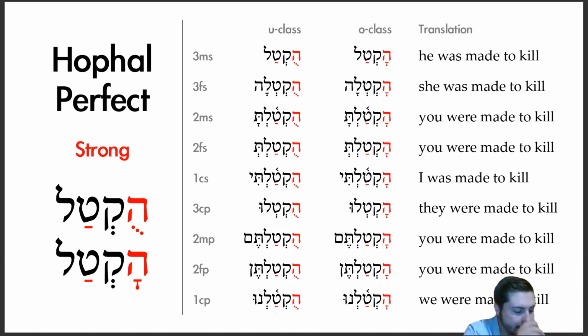This is a further comparison with the qal perfect, the hophal perfect. It explains that. So what we have underneath that hey is what I talked about way back in chapter 1, the very beginning of our Hebrew class, how that qamets is a long a. Here it's actually